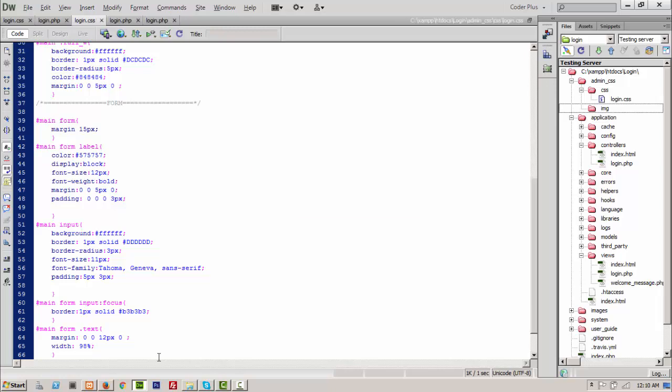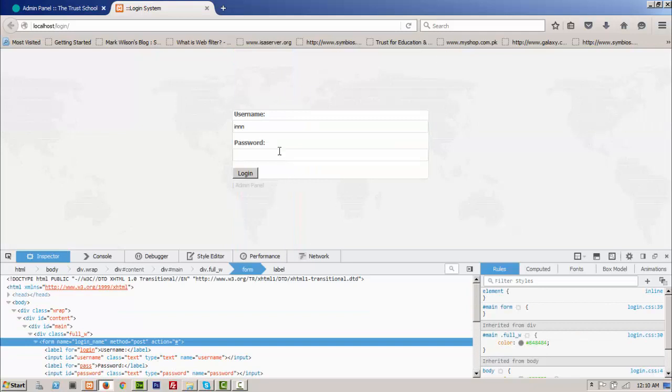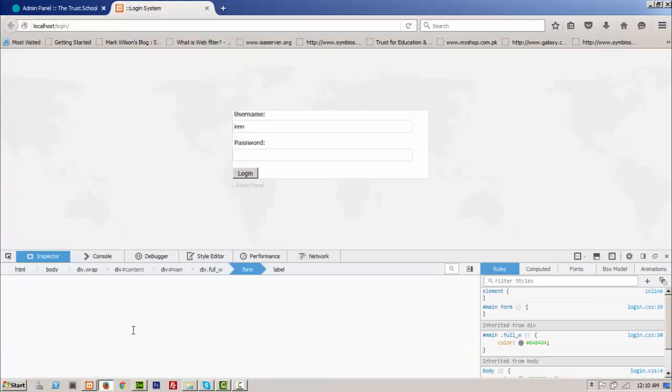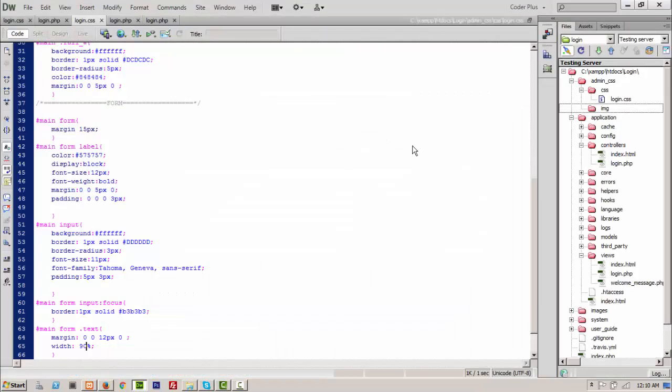So you have it, Control S, Alt Tab, and now it's changed from that width to 98% of the width. So I reduce it to something 90%. You can see it's changed from 90%. I'm fixing it to 98% because 2% will be used by my padding and margin. So I set it to